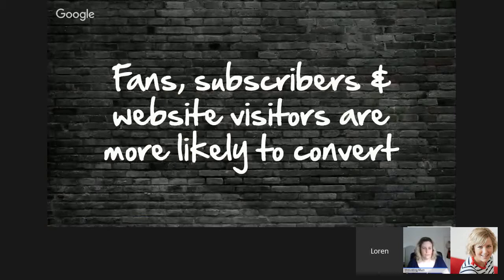So I just want to start by saying that fans, as in page likes, subscribers, and website visitors are more likely to convert than the cold traffic. And the cold traffic is those saved audiences I talked about before, where we've just gone in and found random people and put them in an audience that like the things that we think our ideal customer would like. So the best audiences for us to be creating and building and nurturing and trying to convert are our fans, our subscribers, and our website visitors. So we have to actually build them in order to achieve that, and that's what I'm going to step you through.